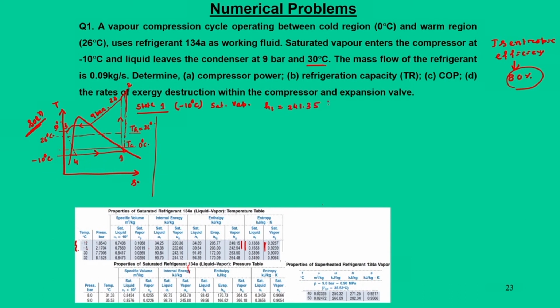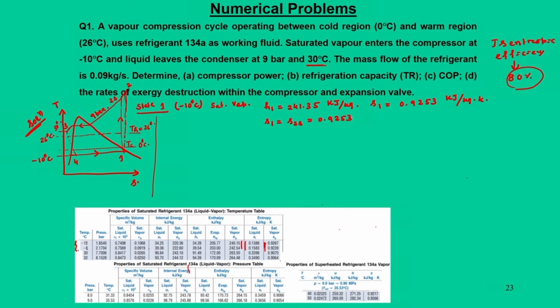In fact, yesterday also we calculated these values, and S 1 is 0.9253 kilojoule per kg Kelvin,